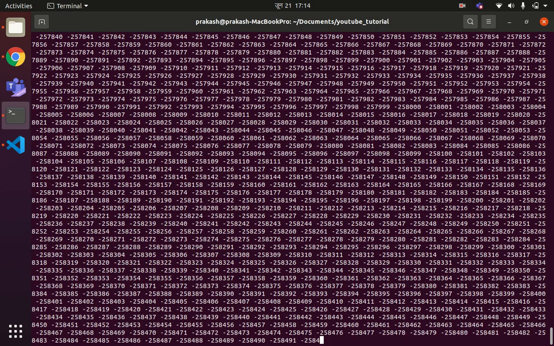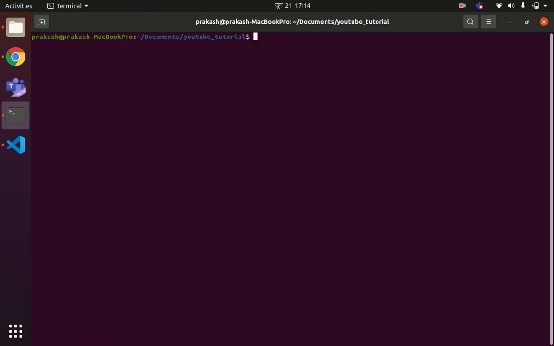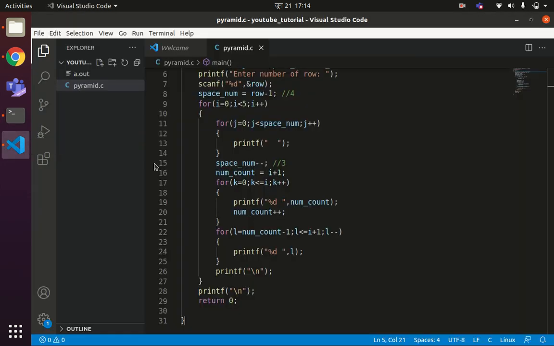Sorry, there may be some mistake here. Num count minus 1. It should be greater than or equal to, sorry for that, I plus 1. It should be greater than or equal to.